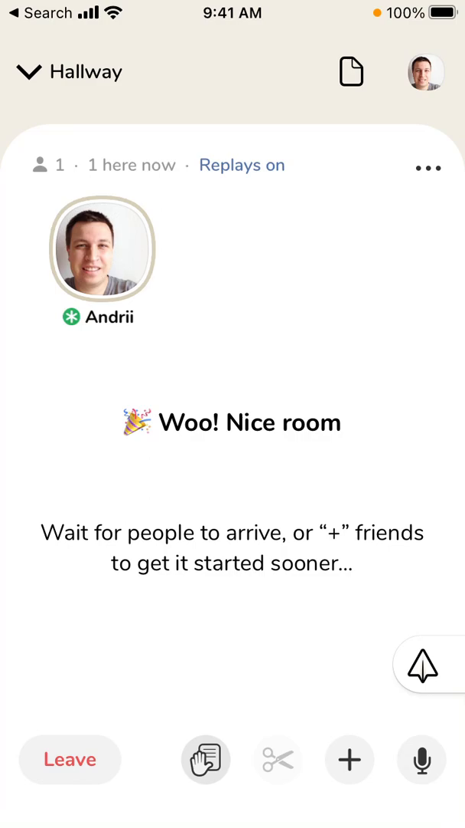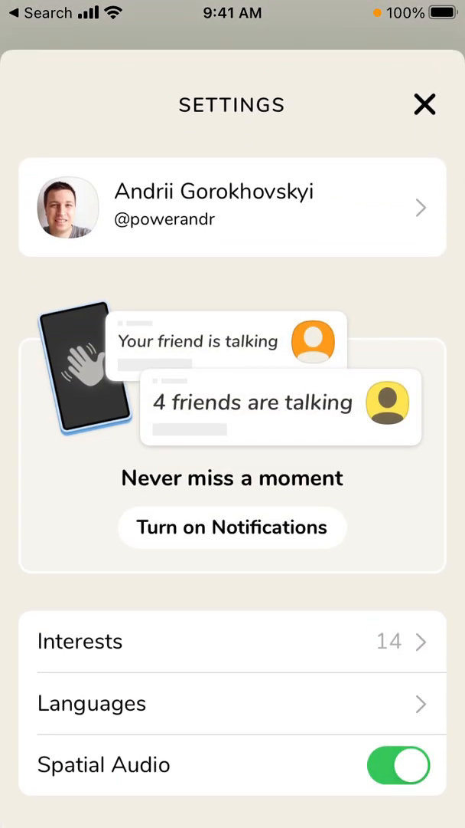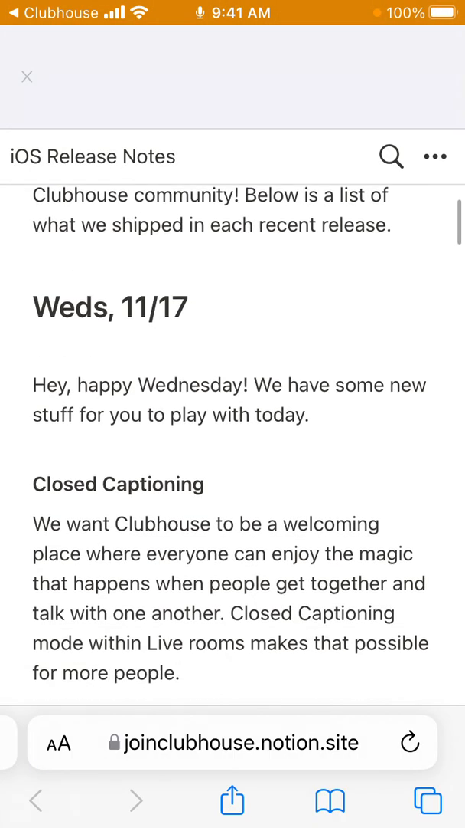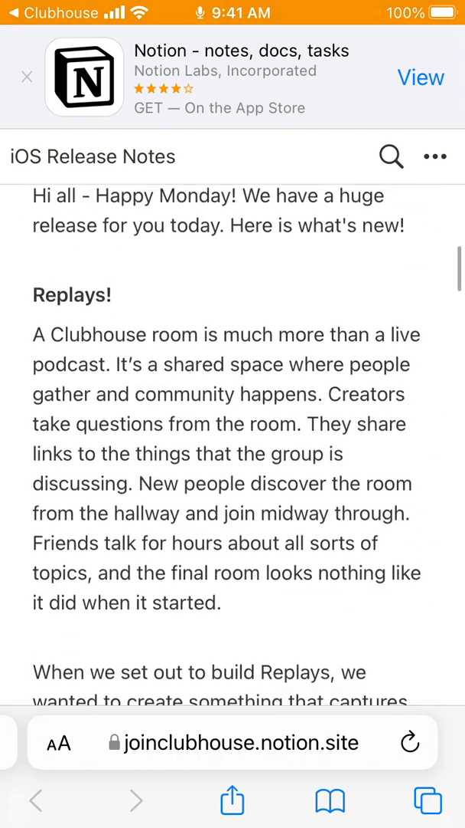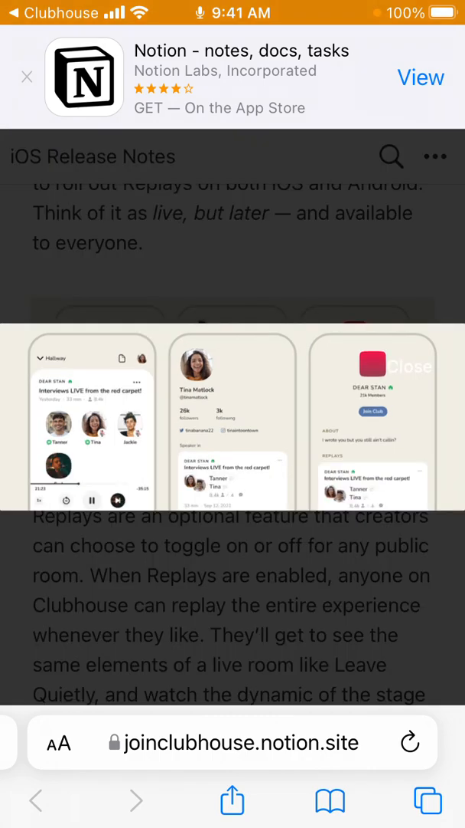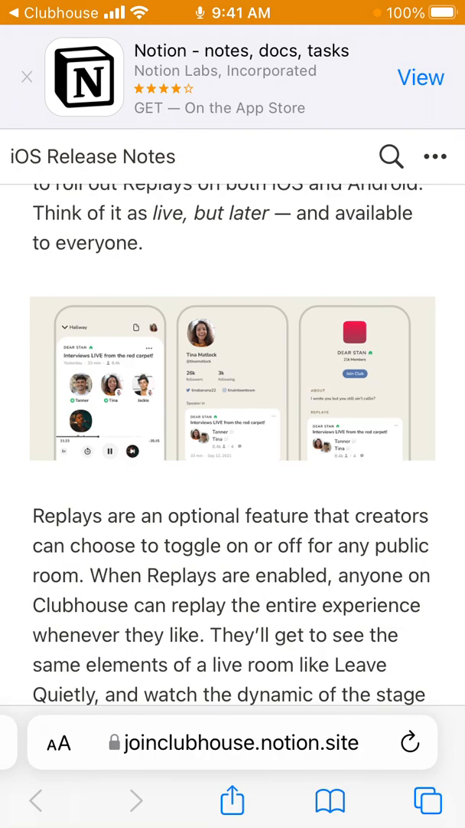So that's a long-awaited feature of Clubhouse, where the rooms are finally recorded and you can find past recordings of the conversations. So let's explore some other features of replays. If I just go to What's New in Clubhouse, here they describe their update. So replays: these are like small video clips, audio clips,